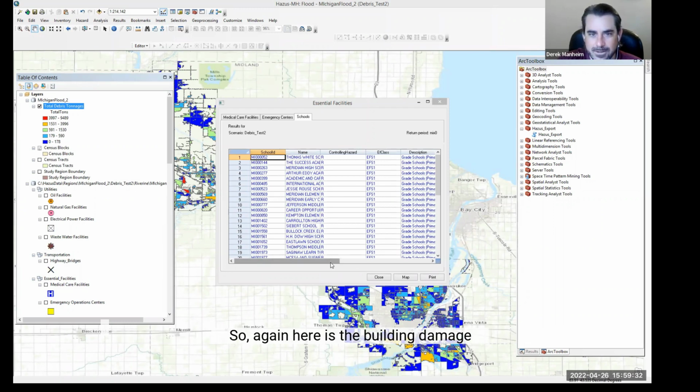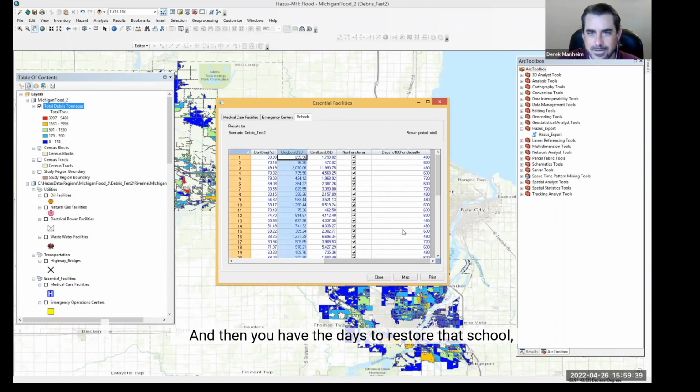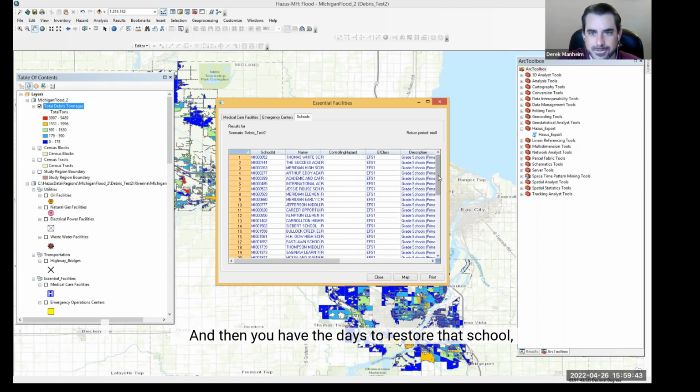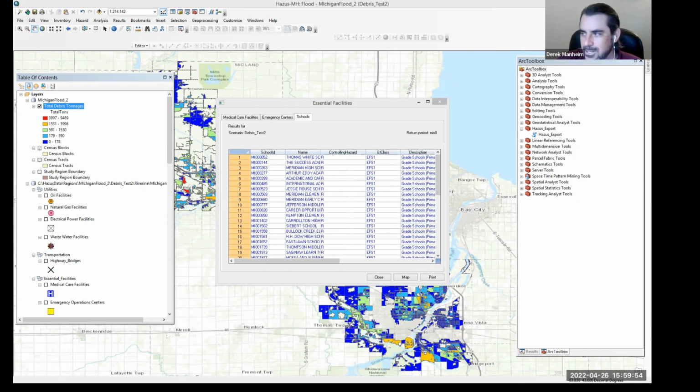So again, here is the building damage, the losses in US dollars, and then you have the days to restore that school until it's functioning again. So you can observe similar results for medical care facilities, emergency centers, and you can also map these results spatially.